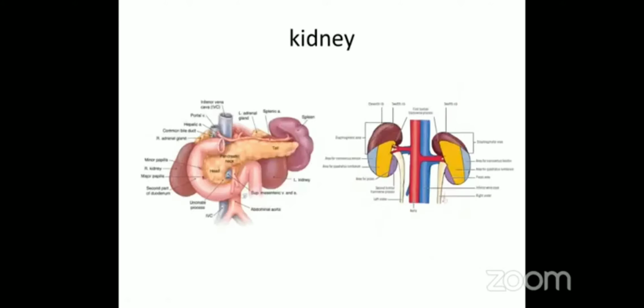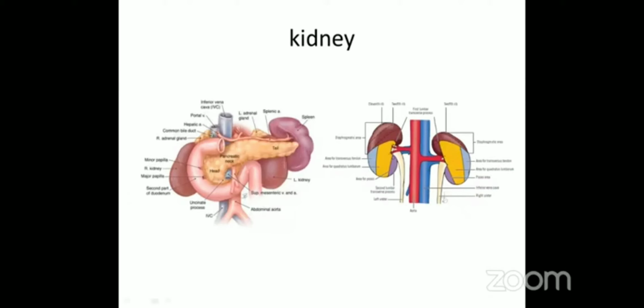Coming to the next retroperitoneal organ, that is the kidney. Again, this diagram is important here, which we have already seen with the duodenum and pancreas. They are just above the posterior abdominal wall, and anterior to them will be the aorta, inferior vena cava, duodenum, pancreas, and still anterior to that will be the liver on the right side and the stomach covering on the left side. So those are the anterior relations.